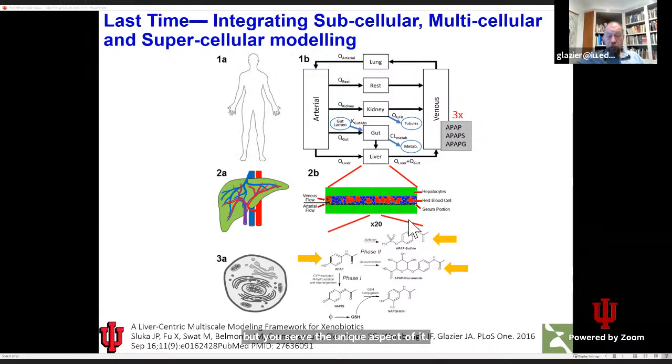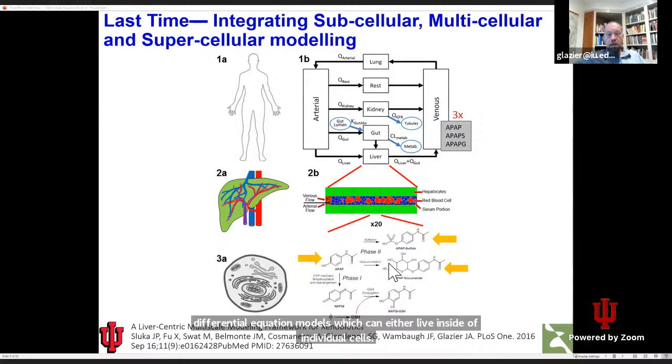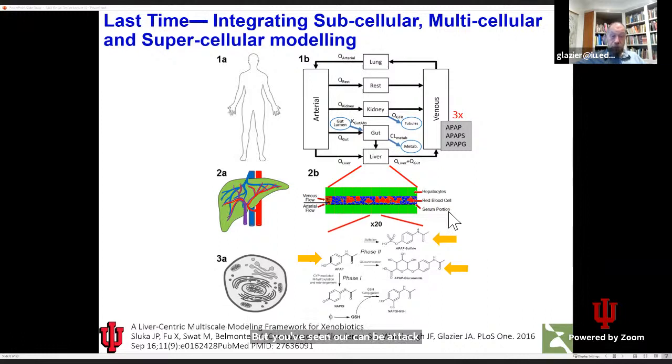It has chemical fields, diffusion and decay and secretion and potentially some reactions, which we've seen. And then it has the ability to write these ordinary differential equation models, which can either live inside of individual cells, which we've seen, or can be attached to the simulation as a whole